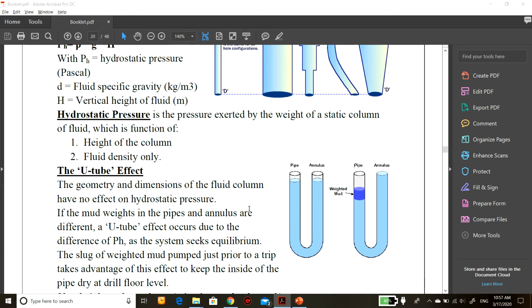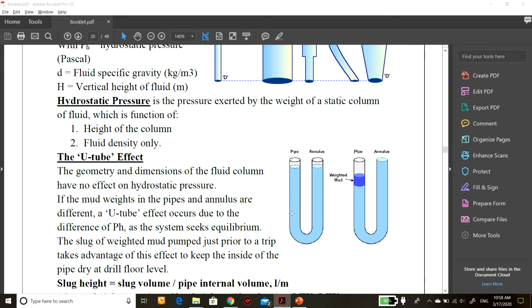If the mud weight in the pipe and annulus are different, a U-tube effect occurs due to the difference of hydrostatic pressure as the system seeks equilibrium. So the slug of weighted mud pumped just prior to a trip takes advantage of this effect to keep the inside of the pipe dry at drill floor level. The mud weight has a very important mission